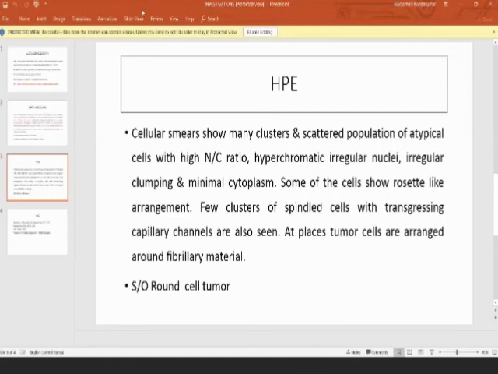Okay. So what we need to do then is move to second line chemotherapy. Continuing the same chemotherapy is not going to help at all. The tumor has already developed resistance, it is only going to grow. So move to second line chemotherapy and then decide for surgery. I have another question, sir.